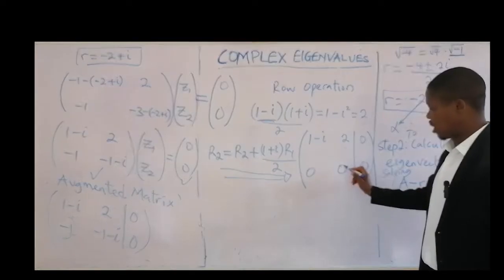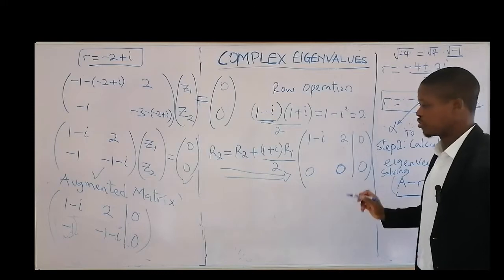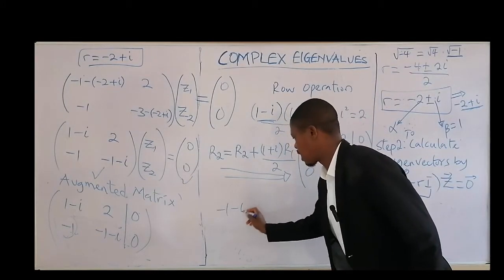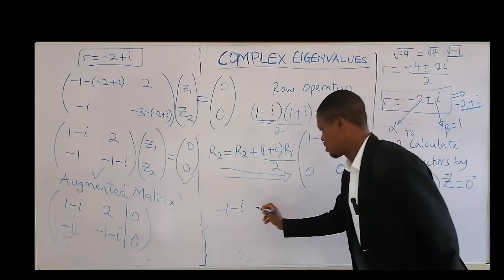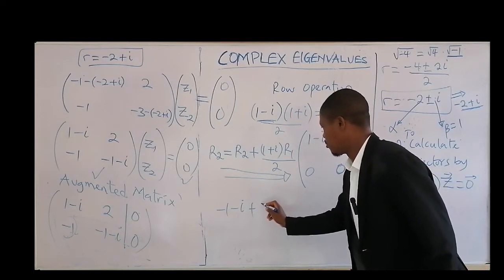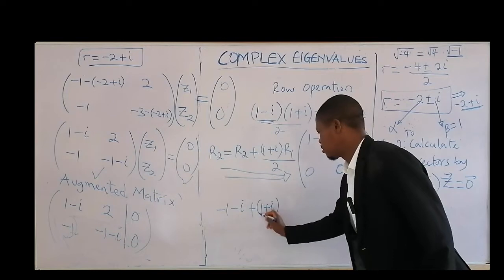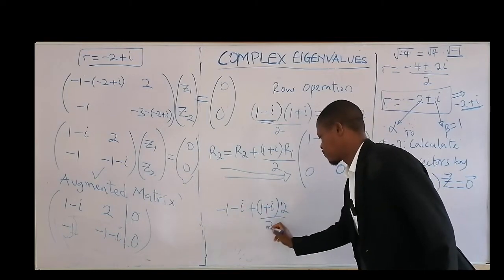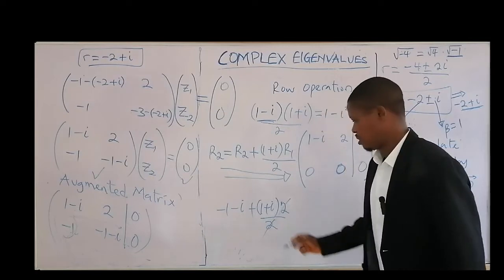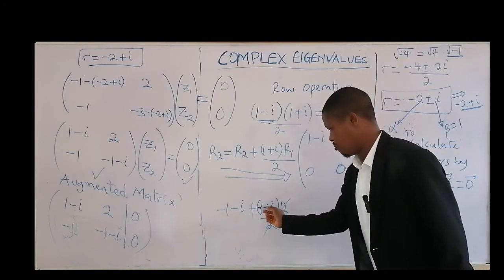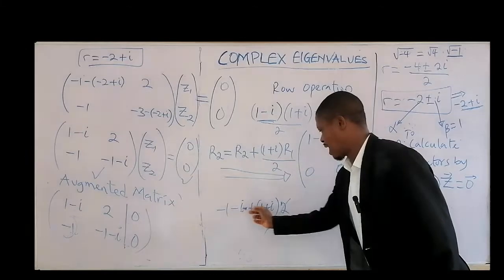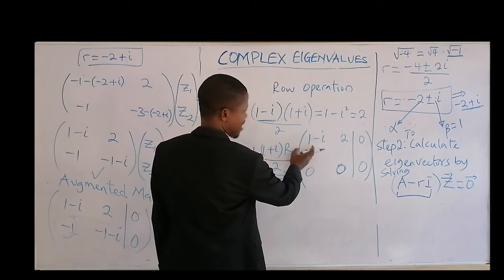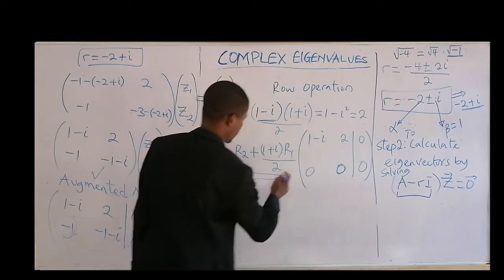So let me show you how we got this one displaced with 0. Very simple. You have root 2, which is minus 1 minus i. Then plus 1 plus i times root 1. Root 1 is 2 over 2. So this one will cancel. And you can see now plus 1 minus 1 cancel. Minus i plus i.